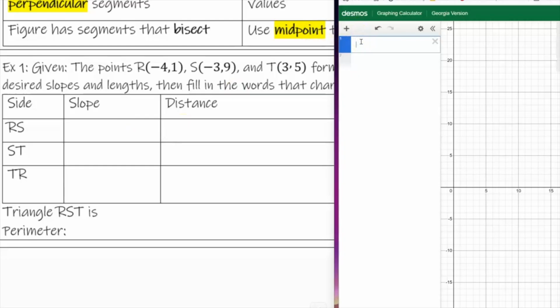So I have point R, which is equal to -4, 1. I'm going to copy that real quick. Then I have point S, which is equal to -3, 9. Then I have point T, which is 3, 5. If I want to see it in decimals, I type polygon because that's what it's called. Polygon in lowercase, and then I put in parentheses my points R, comma, S, comma, T, and it'll join it